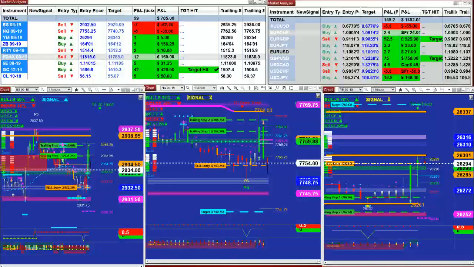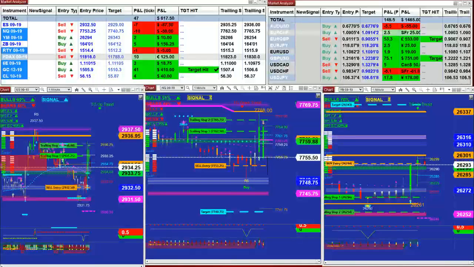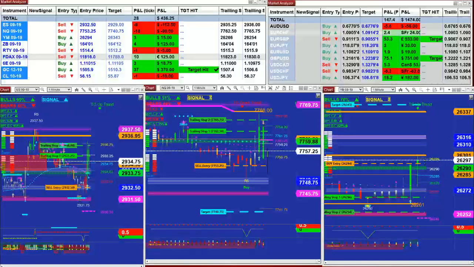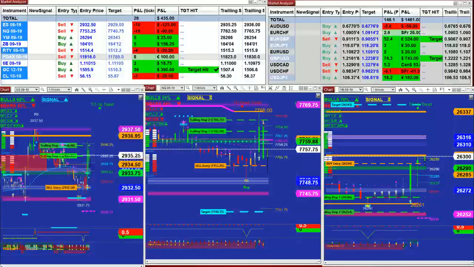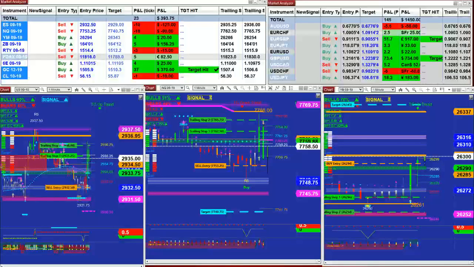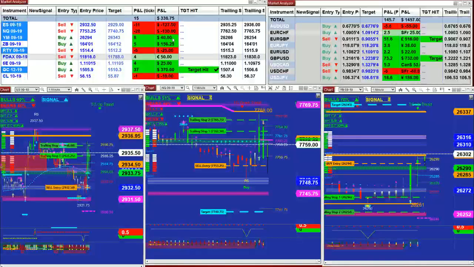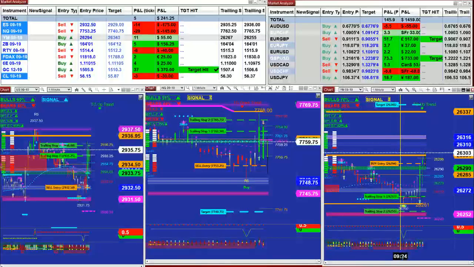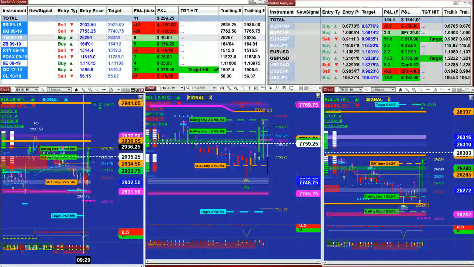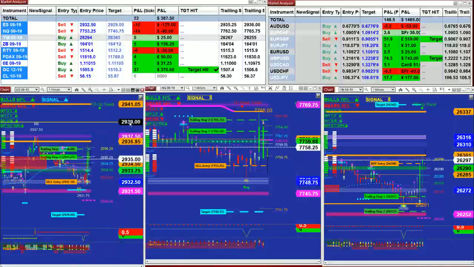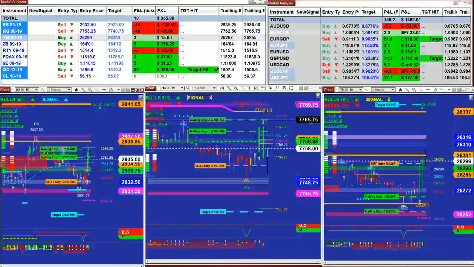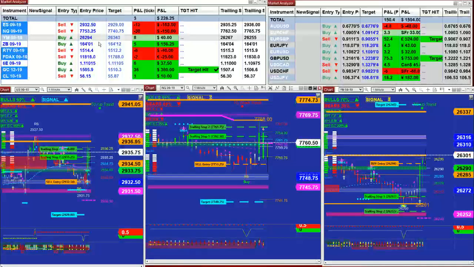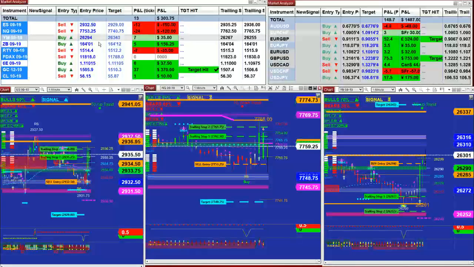Let's see. We still have the short on the CL, and the market now starts coming down a bit. We will not take the last signal, the long on the YM. We will wait till we see the ES giving us a new signal. The Nasdaq has also not given us a new signal from the market analyzer. So I'm going to be a little bit conservative about taking a trade on